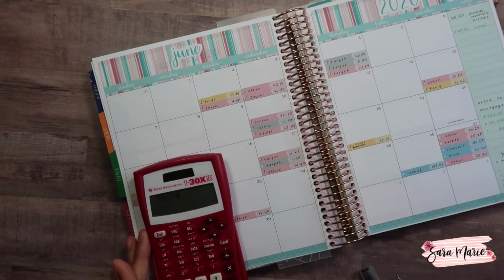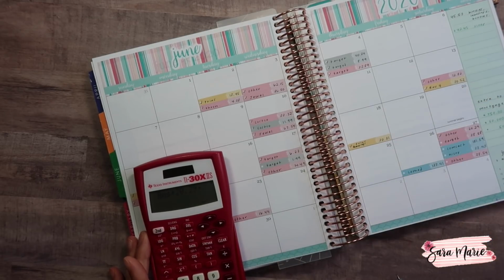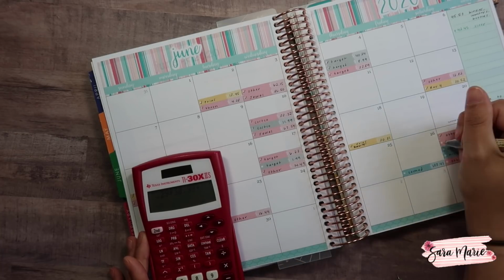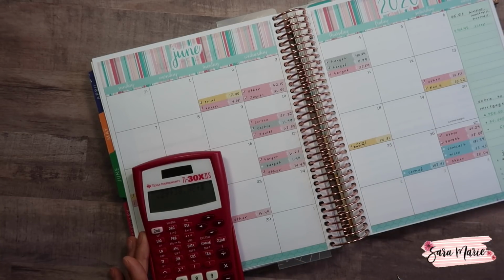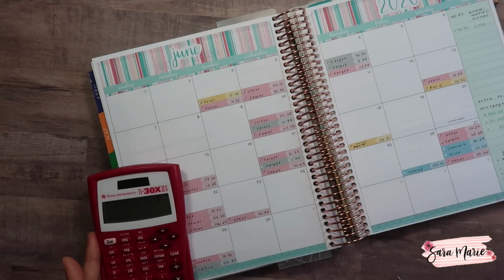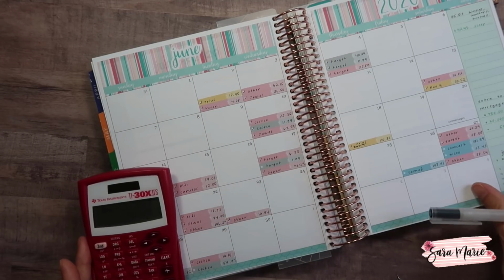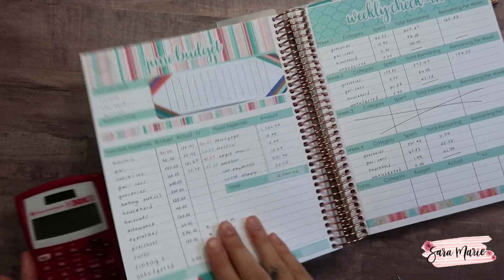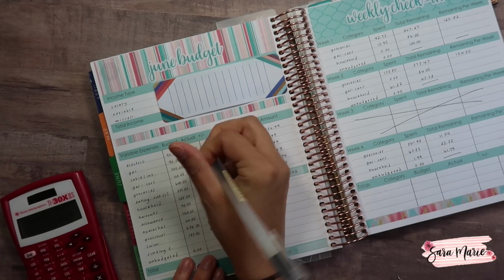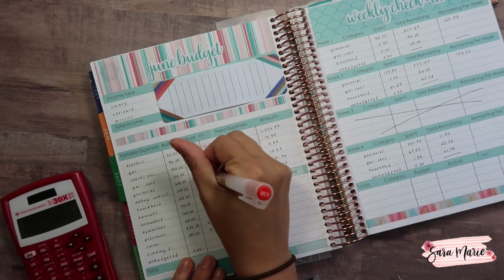So that plus $20.29, 88. We also have $38.54. Mila's not happy right now. And $16.10. So that brings us to, oh my goodness, a whopping $702.27. So obviously we are over by